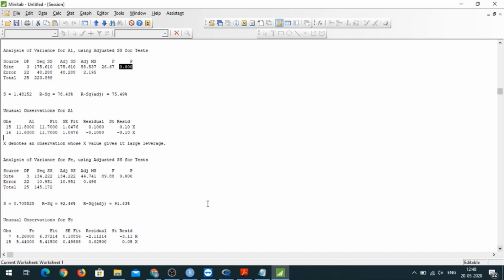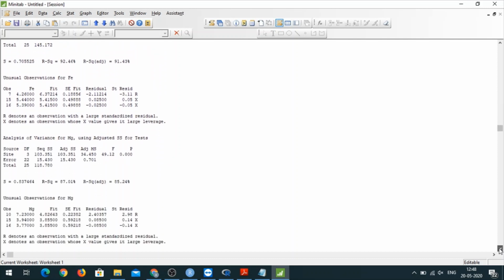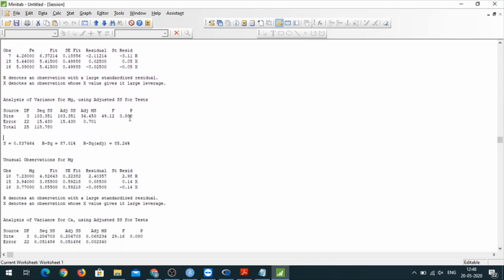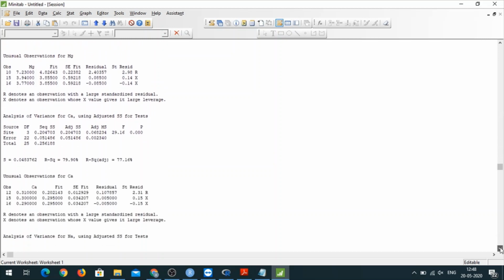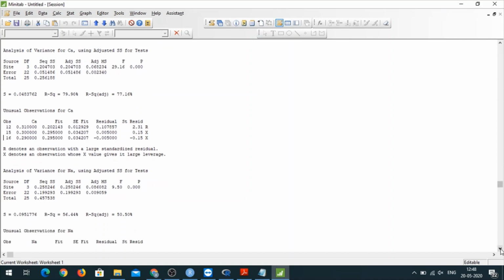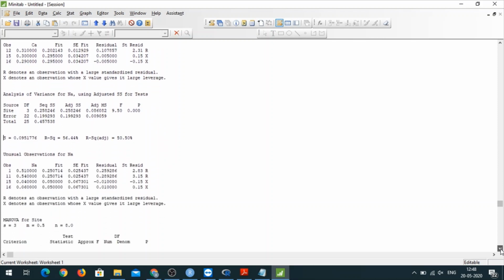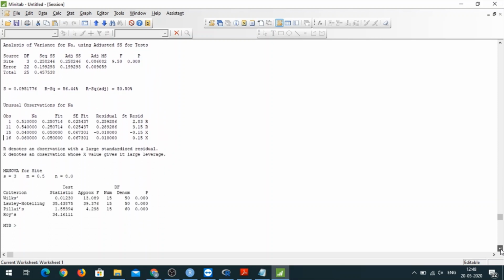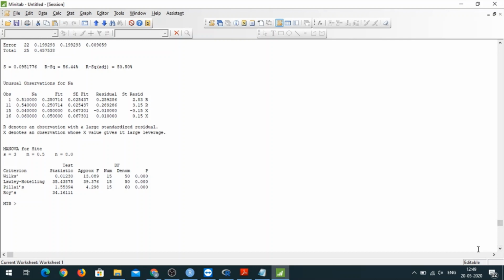Then this is for iron. For iron also it got rejected. Then we have magnesium. For magnesium also it got rejected. Then we have calcium. For calcium also it got rejected, and for sodium also it got rejected. So basically it got rejected for each one. In this particular case it has happened, but in general it need not happen like that.